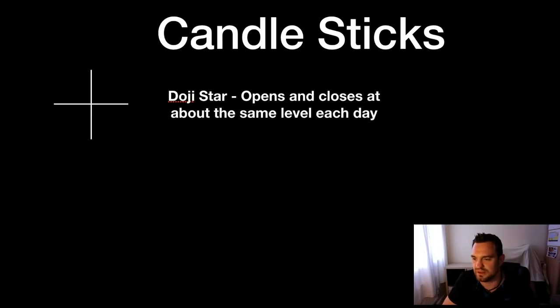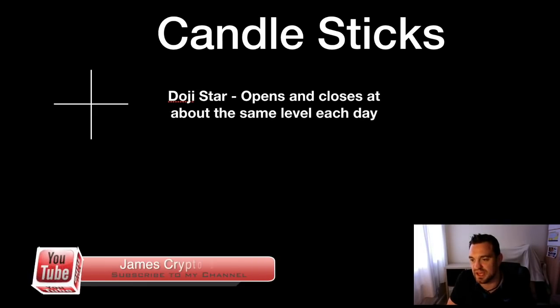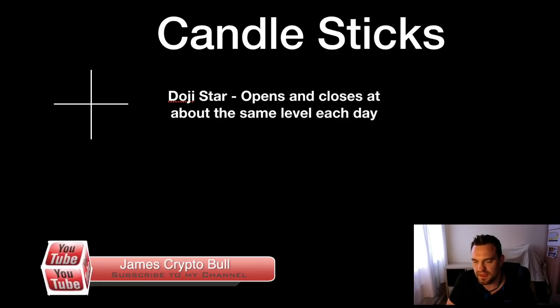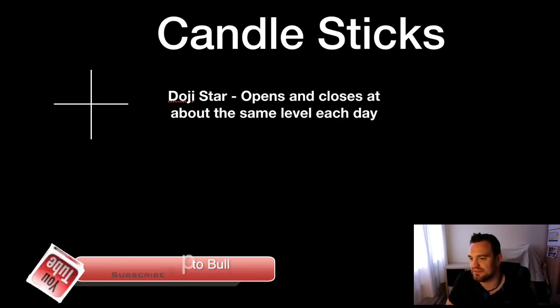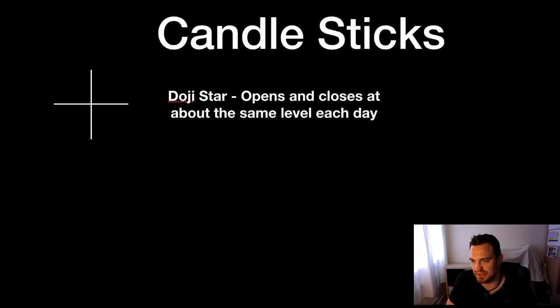Now another thing to watch out for is a doji. Dojis are very important because they indicate a level of indecision in the marketplace. So there's about 5 or 6 I'm just going to go through to give you an idea of what to watch out for. And when these appear, I normally just step back and start looking at smaller time frames,